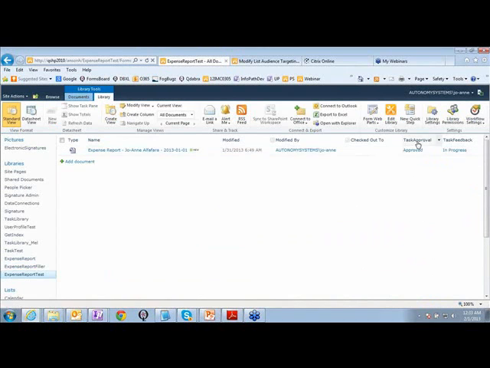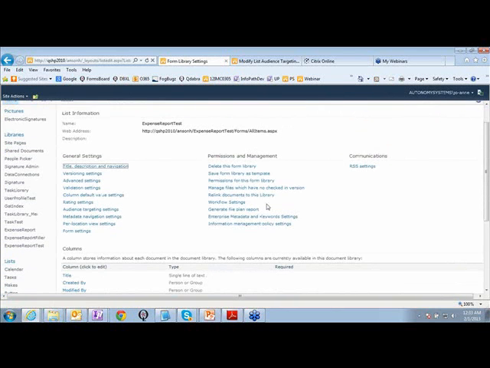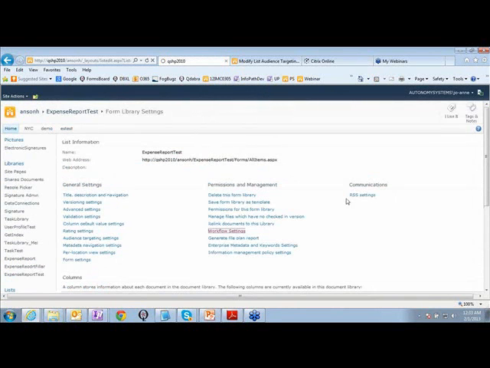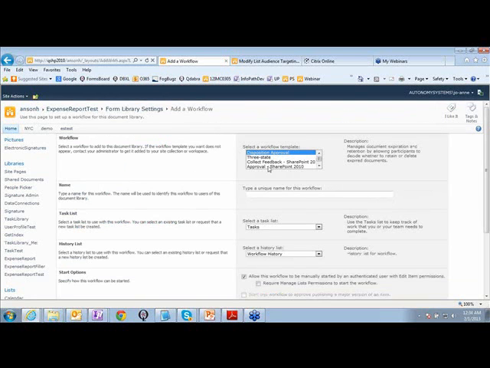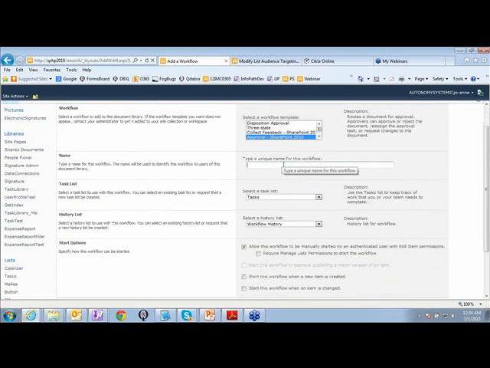In my form library, I already have the task workflow here, but if you create yours, you would need to go to the library settings, select workflow settings, and select add a workflow, and then for the workflow template, select approval,